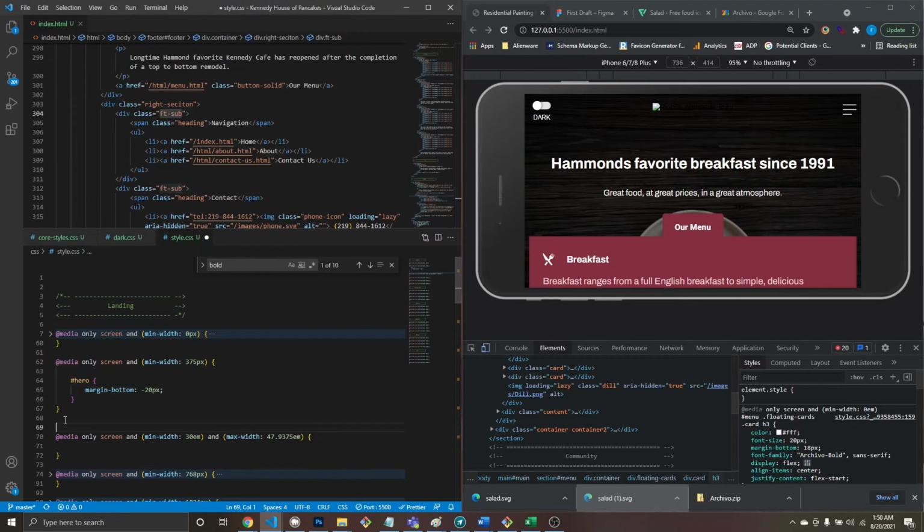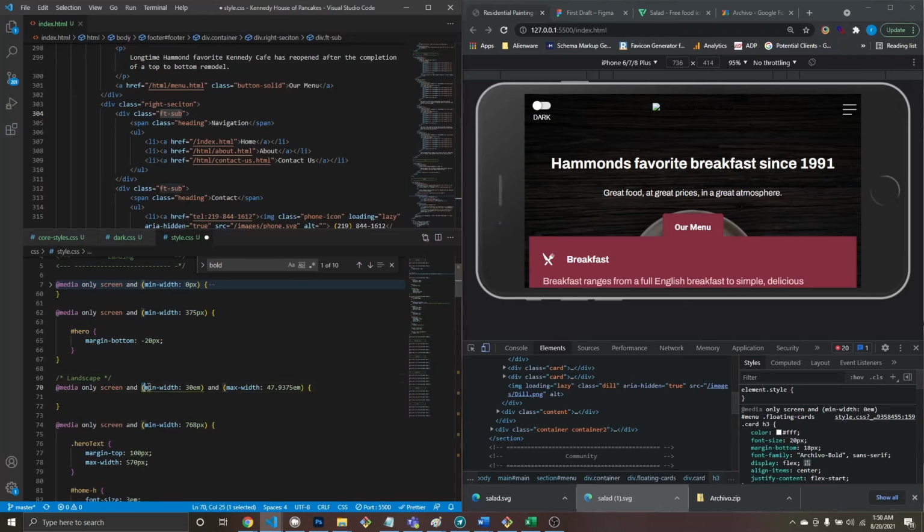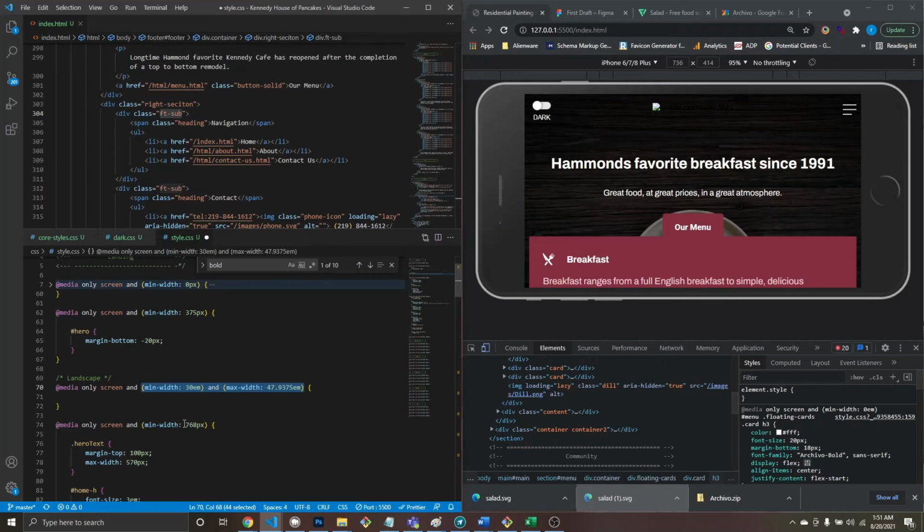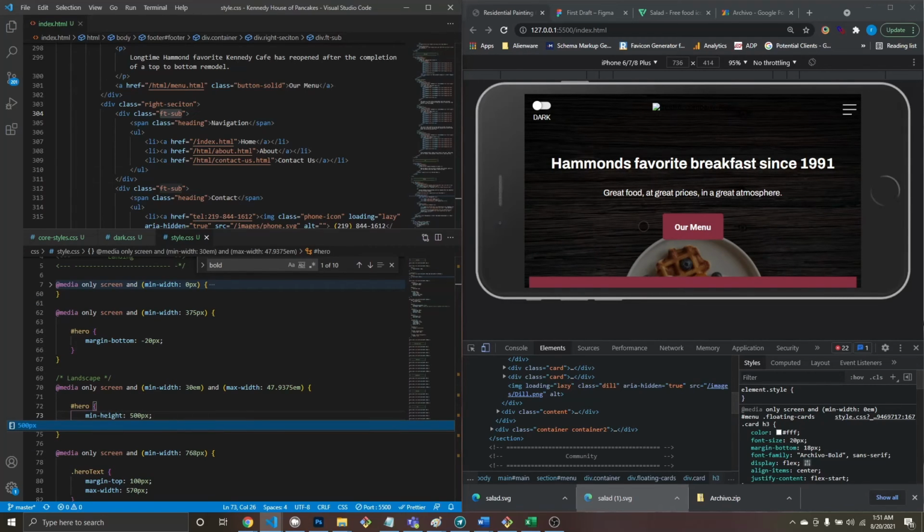So this is for landscape, and I like to do landscape between this because I only want these styles to apply for landscape, because tablet's going to be a whole different thing. So in here, I want my hero to actually be a height of 500 pixels. I want it to be higher because it's set to 100% of the view height, and our view height now is a lot smaller. And what I need to do is